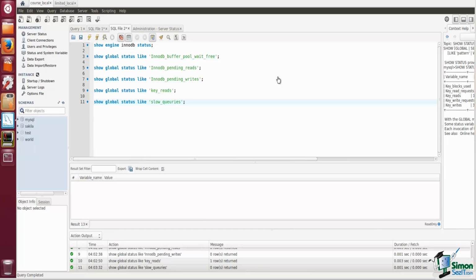InnoTop is a clone of Top, which provides significant performance metrics for a MySQL instance. Percona offers a set of tools for monitoring a MySQL instance, and many others. And so you're encouraged to perform an internet search and examine these tools and find one you're comfortable with. Our focus is going to be on the native tools for performance monitoring, and one of those is the Server